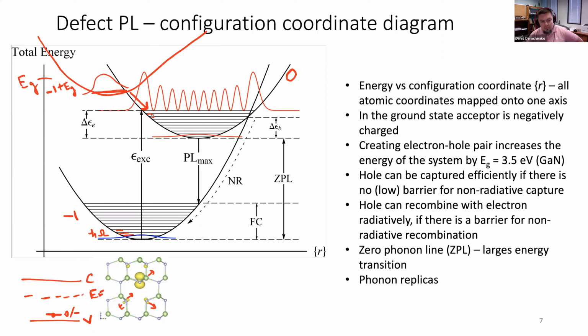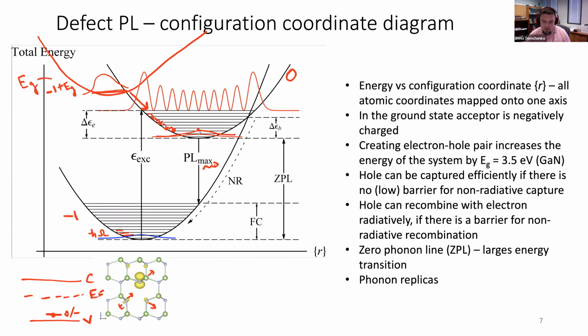And the defect emits a bunch of phonons and gets into the vibronic ground state of the neutral state now. Now there are two possibilities. You can either get straight down to the ground state, the negative ground state, by emitting a photon, and that would give me the PL maximum. Or because there is a spread in the vibronic wave function right here, you can, the peak